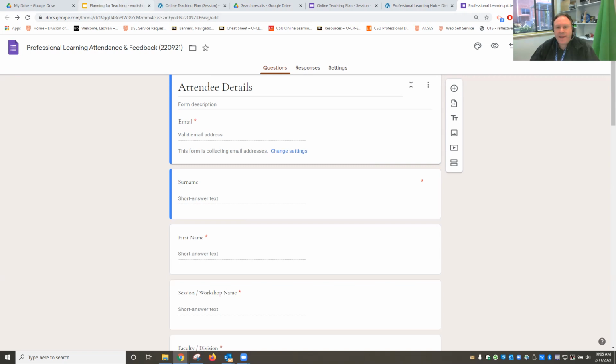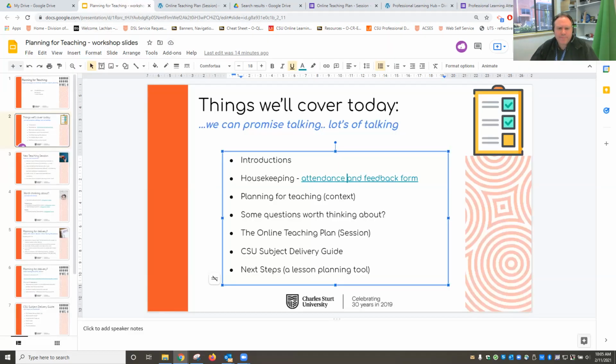And I will continue with outlining what today's session is going to be about. We're going to have a look at providing a bit of context around planning for teaching and why we're having these conversations, specifically in the CSU context, but also in light of the fact that certainly over the last couple of years, there has been a huge push to do more thinking about delivery for either online explicitly or face-to-face and online together. So the idea of hybrid delivery, perhaps, blended delivery, whatever terminology you'd like to use, and what that's prompted us to think about and to do.